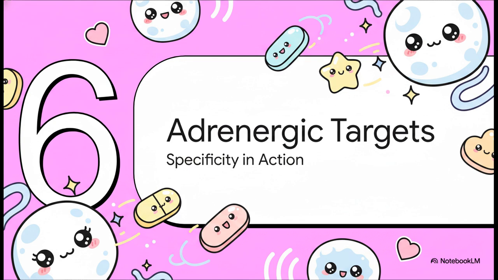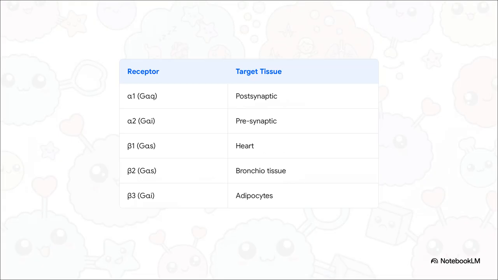Section 6. The adrenergic targets, specificity in action. Let's wrap up by looking at just how specific these microscopic interactions get when adrenaline and norepinephrine actually bind to these receptors. This chart, it's basically the ultimate pharmacology cheat sheet. It breaks down exactly how different adrenergic receptors act as highly specialized locks. Because we have all these different types of receptors, a single drug can have completely different effects depending on which